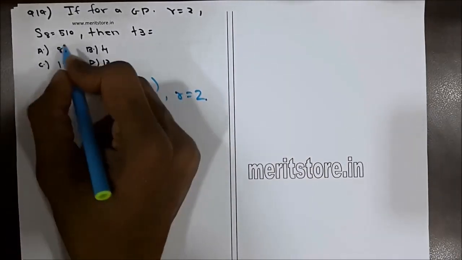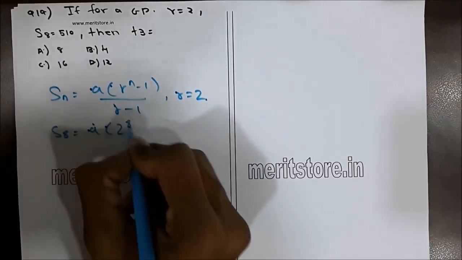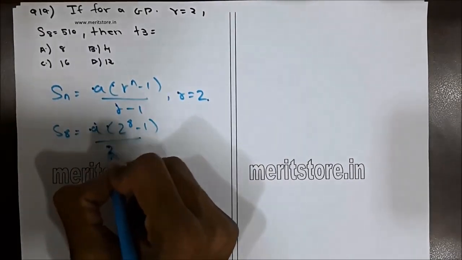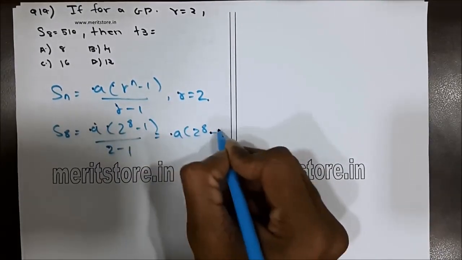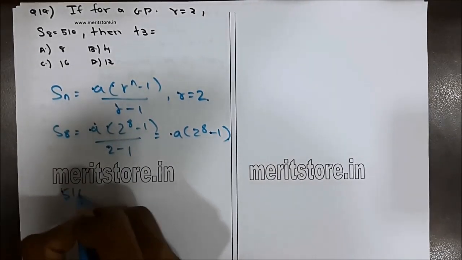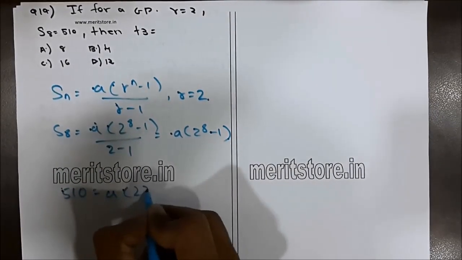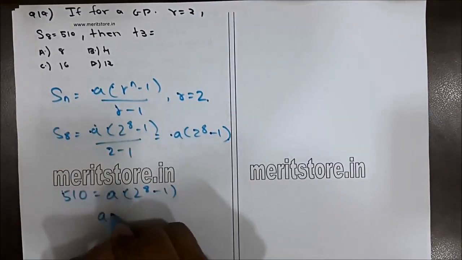Therefore, we have n is equal to 8. We substitute the value, we get S_8 is equal to 510, a(2^8 minus 1) upon 2 minus 1. We solve this, we get